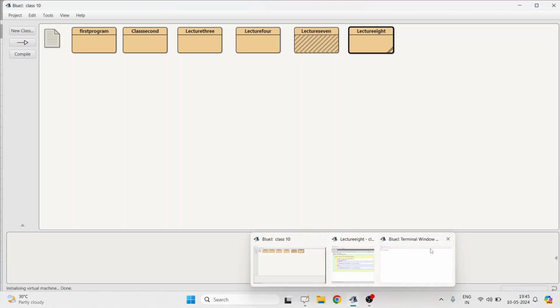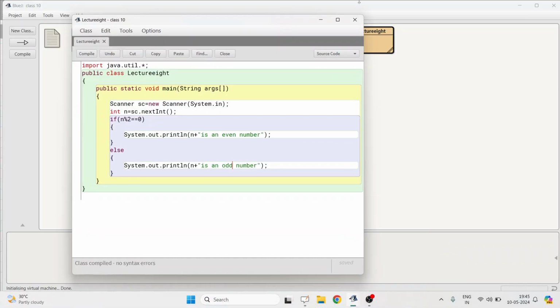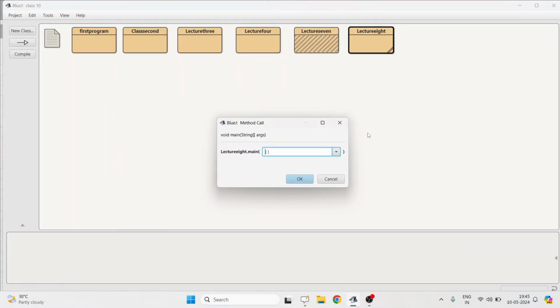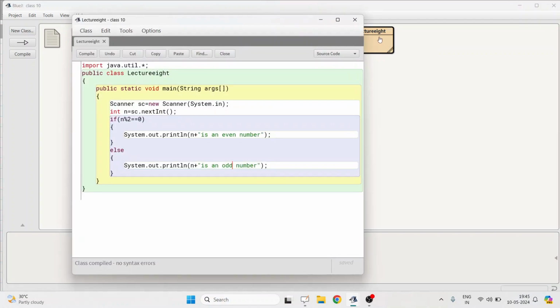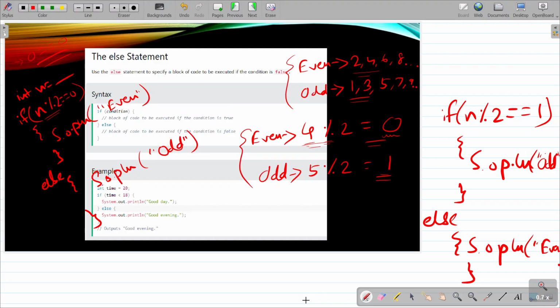Just a minute. Okay, so I don't know. There is some problem maybe, but I hope it's clear to you now that 75 will be an odd number,